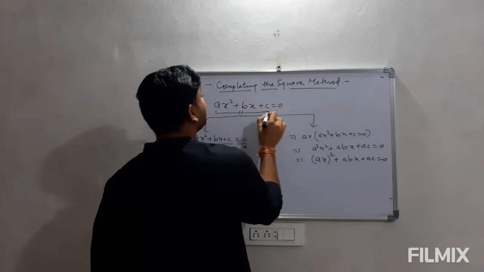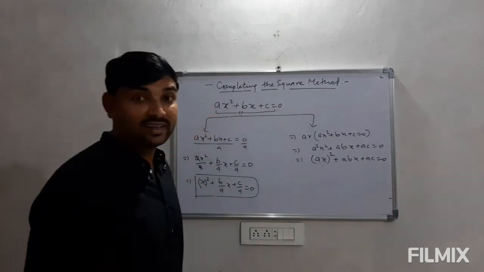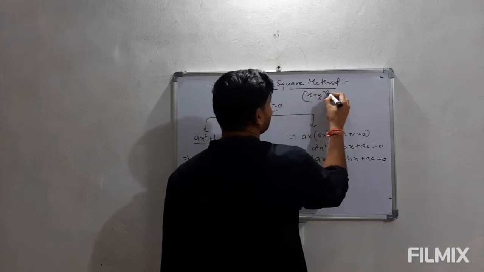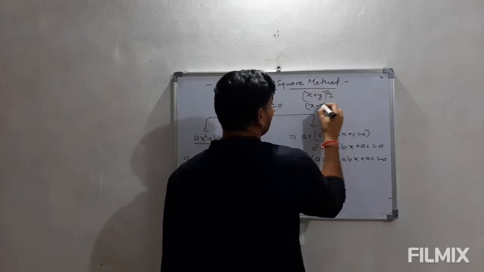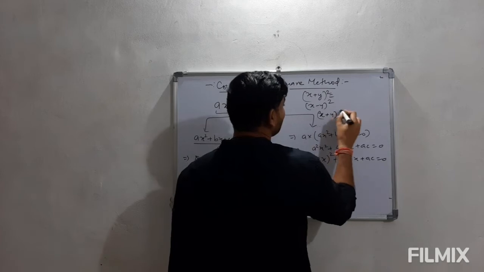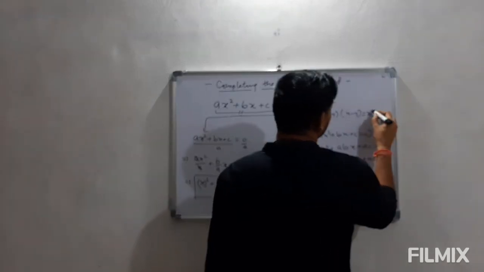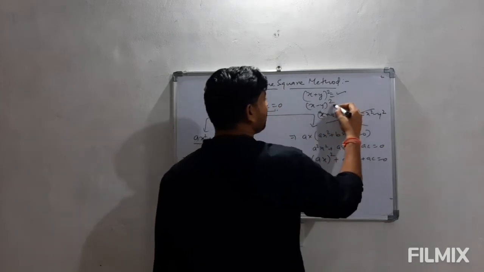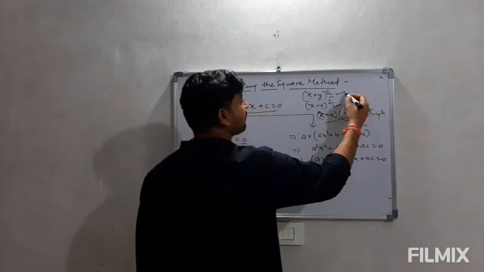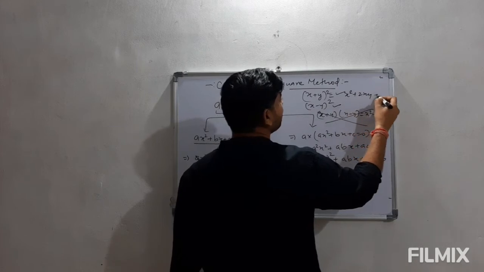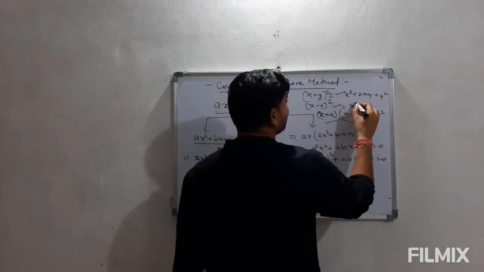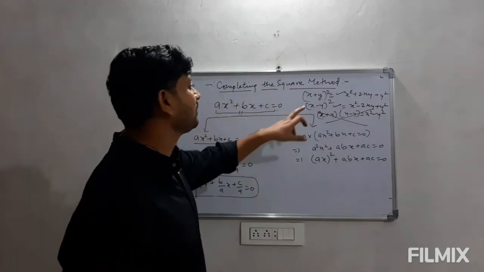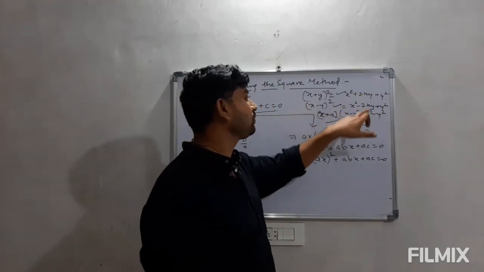First thing is that we have three terms in this. In quadratic identities, we have three identities. First one is x plus y whole square, then we have x minus y whole square, and then we have x plus y into x minus y. In this, we have only two terms, x square minus y square, so this is of no use here. Now we have to think about these two identities, that is x square plus 2xy plus y square, and here we have x square minus 2xy plus y square. Clearly the difference is of this minus sign, and here it is minus 2xy.